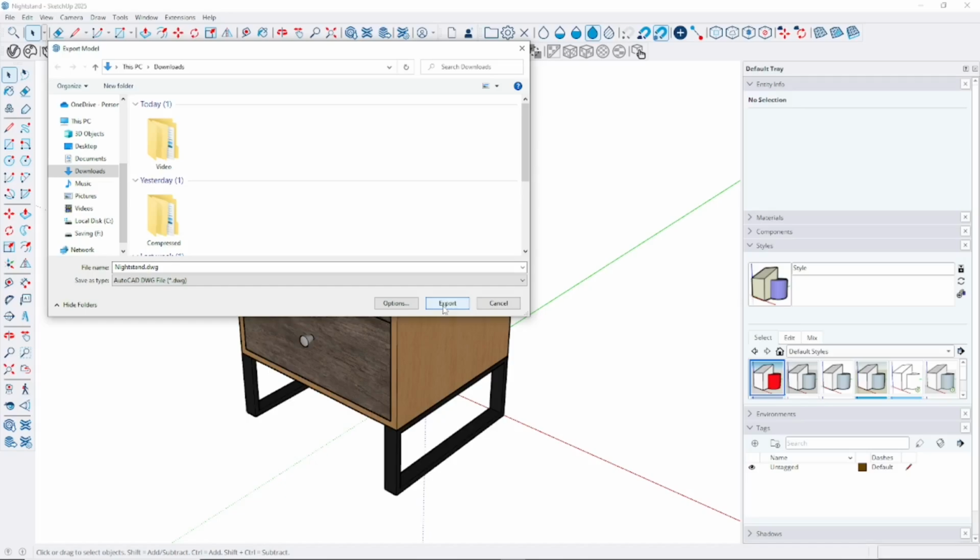Okay, that's it for the basic SketchUp tutorial on how to export to